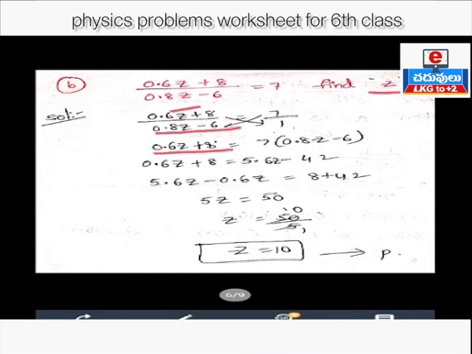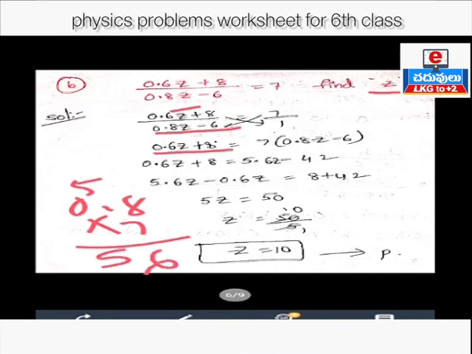Understood? So 7 is multiplied by 0.8. That is nothing but 0.8 into 7, means 7 8s are 56, children. Means 5 we can write here, 7 zeros are 0, 5 I can write here. After the decimal, how many numbers are there? Only 1. So that's why I can write the decimal here. That's 5.6 I can write here. 5.6z minus 7 6s are 42.